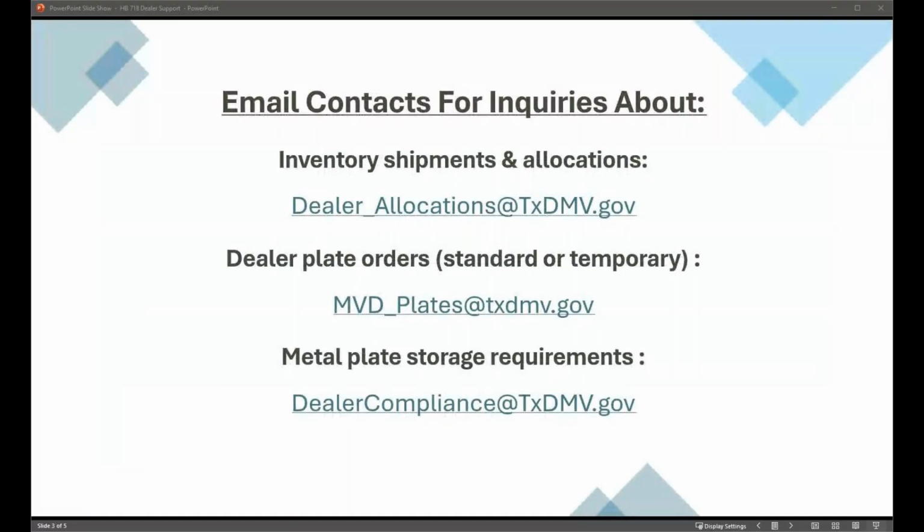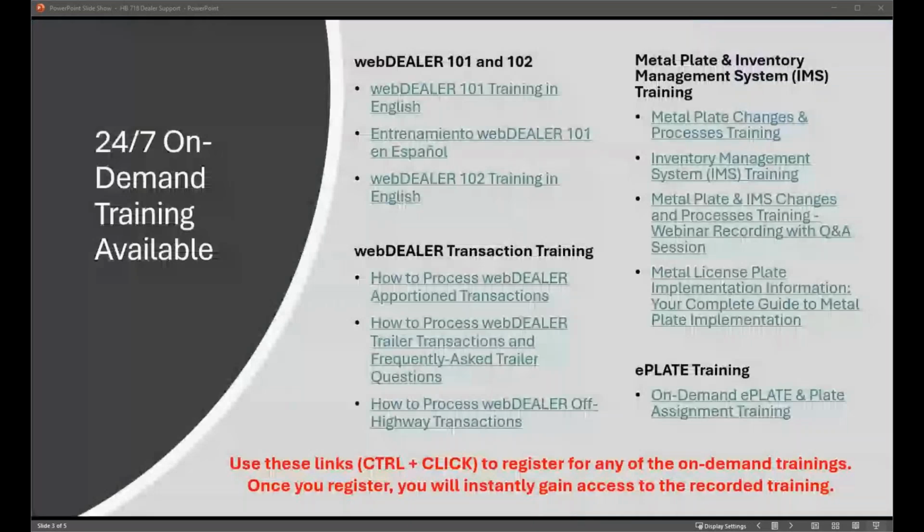What if the customer is needing farm plates and you have issued a purple provisional plate and they get lost? How does a customer get those plates? At that point, it would be the replacement plates. So they would need to get with the county tax office and get those replacement plates.